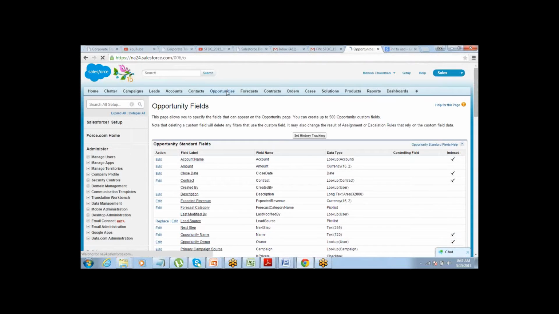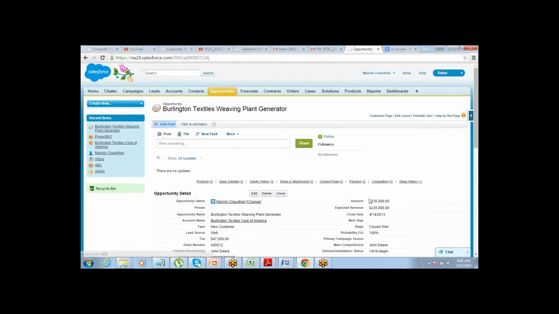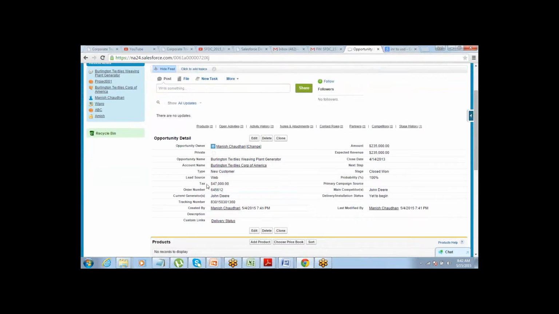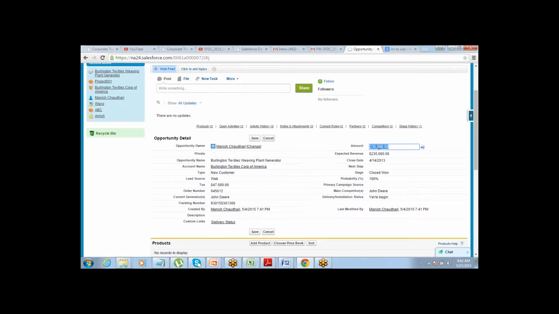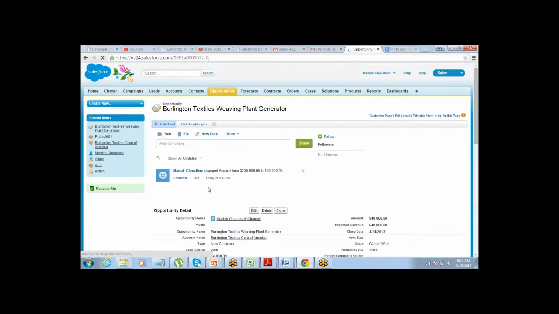If I go to opportunities and check any of the opportunities, let's say this one, this is 235,000, which means it's more than 50,000. So it should be 20% of this. Yeah, 47,000 is 20% of that. If I edit it and make it 40,000, tax should become 10% of that, 4,000. Yeah, that's what it is.